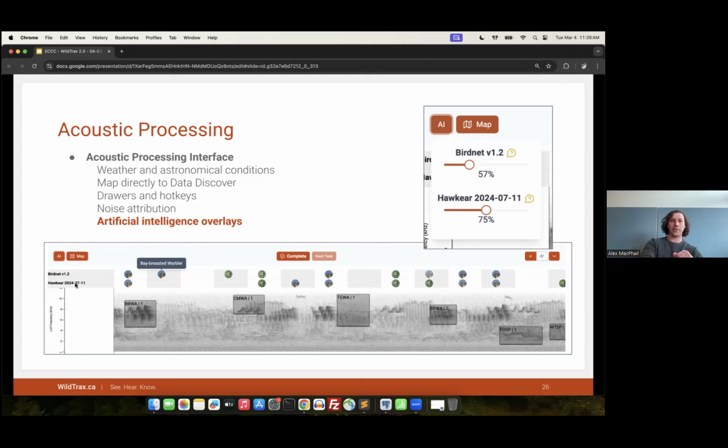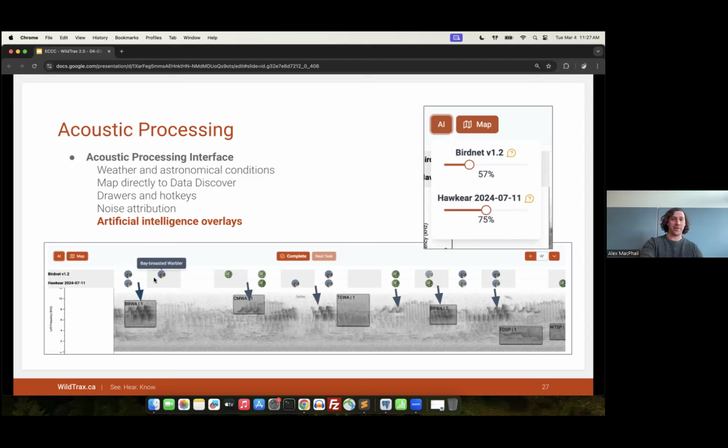And again, you'll have multiple AIs available for a single recording. Once you click that AI button, you'll be able to adjust the confidence threshold, and there'll be a little bit more information about each AI, so folks are more familiar with it. But you can see here that the human tags and the AI overlay tags don't necessarily align with each other perfectly. This is where you really want to take advantage of the AI overlay from both the human perspective and the AI perspective, where you don't necessarily want to take the first detection or the best detection of a recording. It's going to have that human-computer collaboration, depending on the questions you're looking to answer.